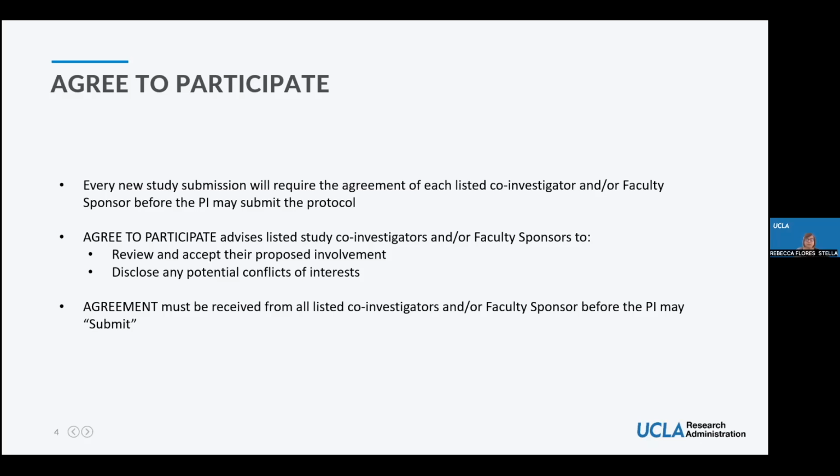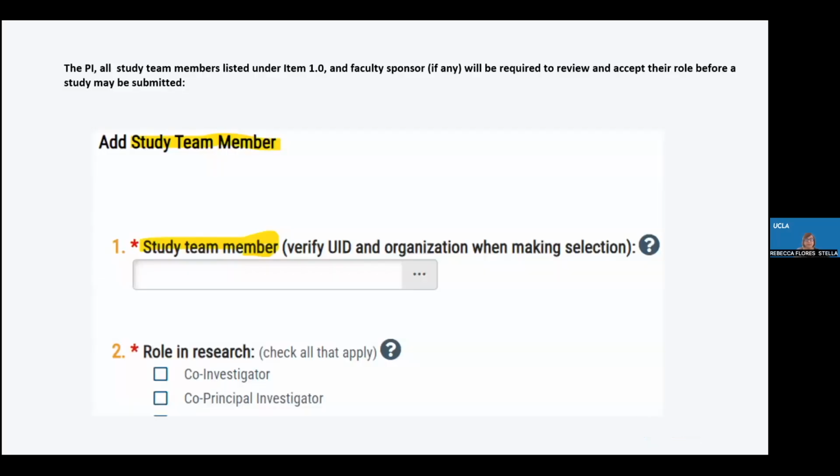This is a new requirement that can have a significant impact on the timing of your submission, as the PI will not be able to submit a new study until each listed co-investigator, study staff member, and faculty sponsor has completed the required Agree to Participate. So anyone listed as a study team member under item number 1 will be required to submit an Agree to Participate in addition to the faculty sponsor.